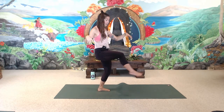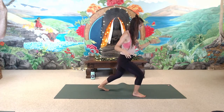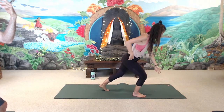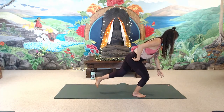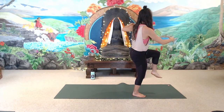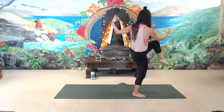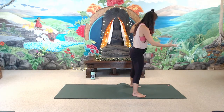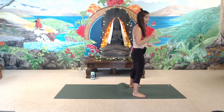And then soften the right knee, take a couple of springs here, and take a short step forward with the left foot, and we're going to repeat that same thing. So let the right arm drop, slowly shift the weight, let the back leg hover, and then power into the left big toe as you come upright and twist away from the screen, lifting the right knee. And then set the right foot underneath you, pause for a moment,